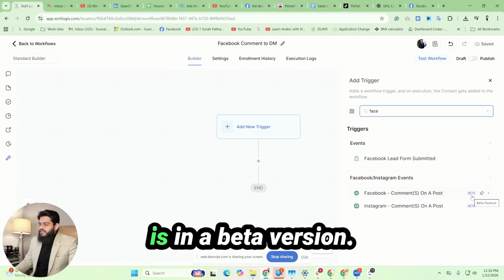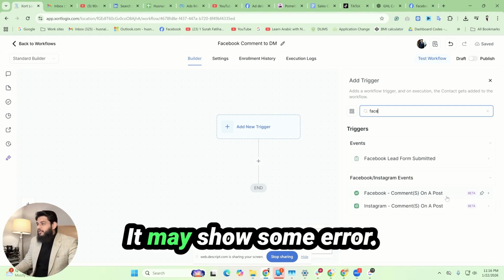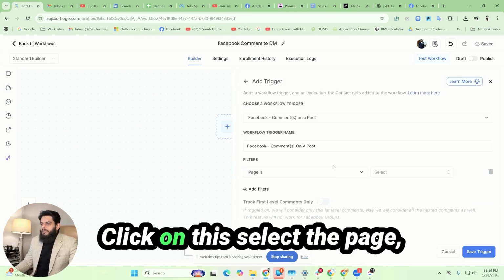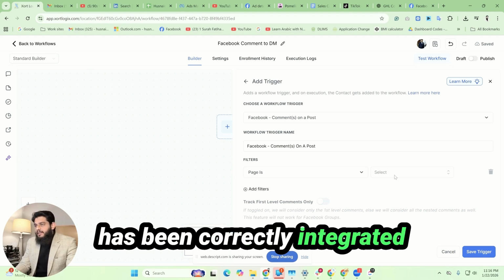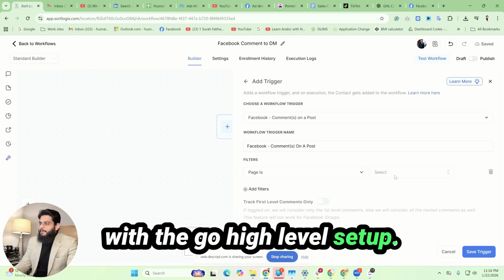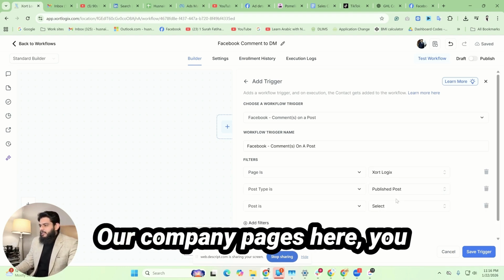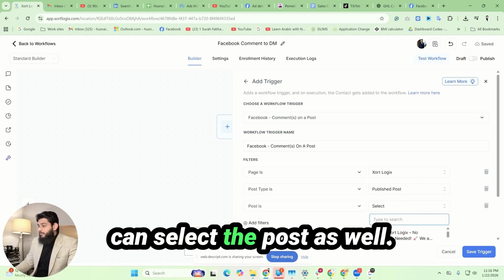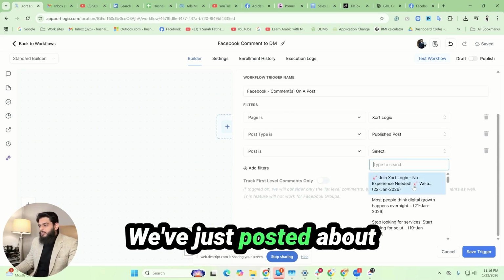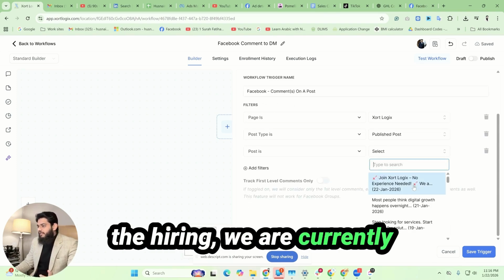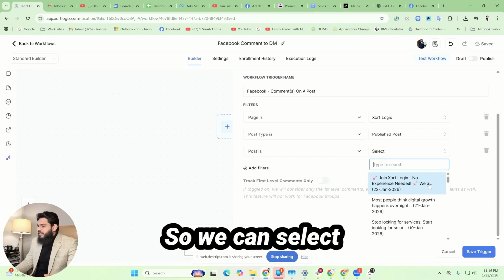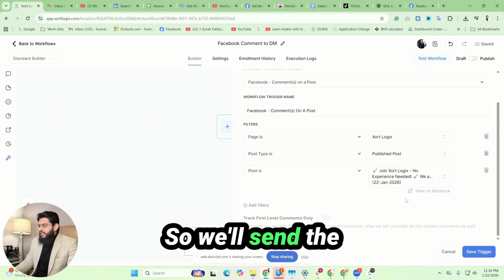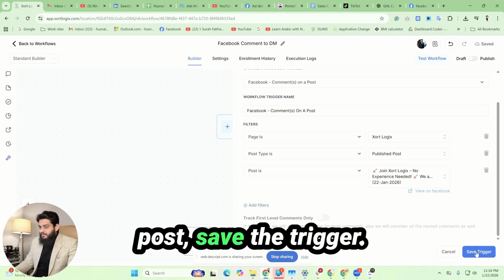Beta shows that it is in the beta version. It may show some error. Click on this, select a page and make sure that the page has been correctly integrated with your GoHighLevel setup. So we'll select the page. Our company page is here. You can select the post as well. We've just posted about the hiring. We are currently hiring right now. That's good news for all of you. So we can select the post as well. So we'll select the post, save the trigger,